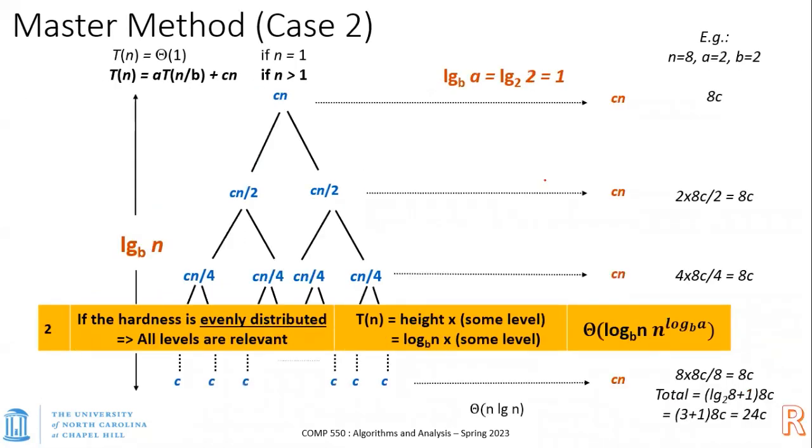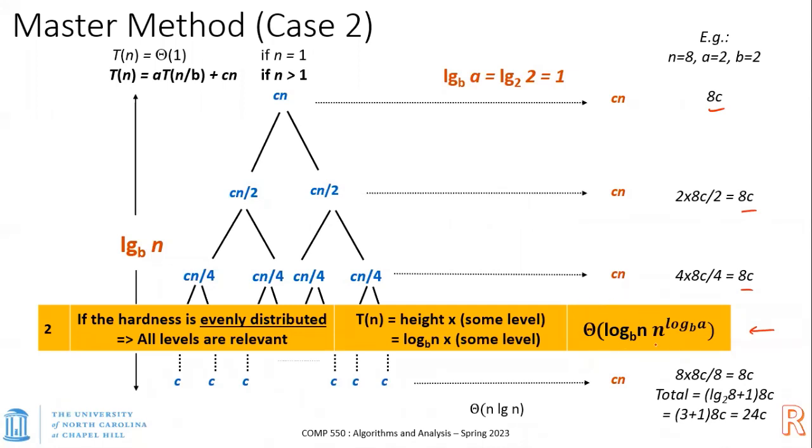The second case was where, as you divide and conquer, the work becomes evenly distributed, okay? And this was the case with merge sort. And you saw that in this case, the complexity of the problem is not really changing as you divide and conquer, okay? And in this case, perhaps the complexity is given by a slightly more complex equation, and that's given by